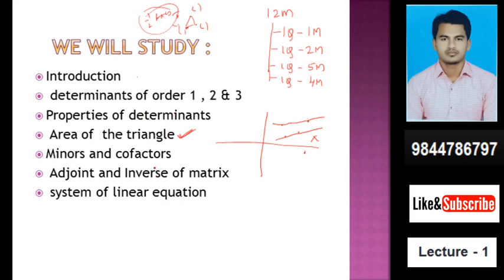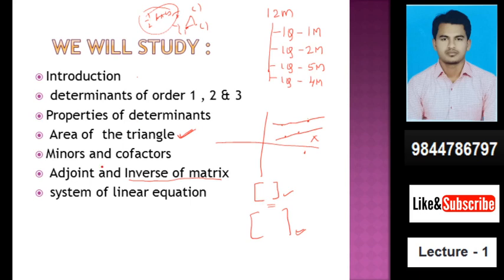And the major thing is the previous topic, that is matrices. We found the inverse of the matrix with the help of elementary transformations, isn't it? With elementary transformations, in case of 2 cross 2 it is okay, but in case of 3 cross 3, the elementary transformation gets difficult for us to calculate the inverse of the matrix. But with the help of determinants we can easily calculate the inverse of the matrix.